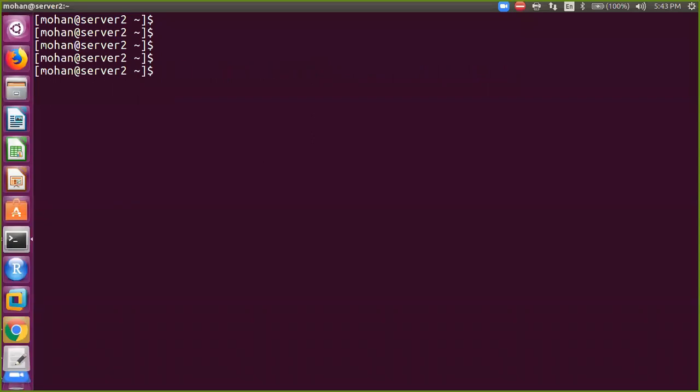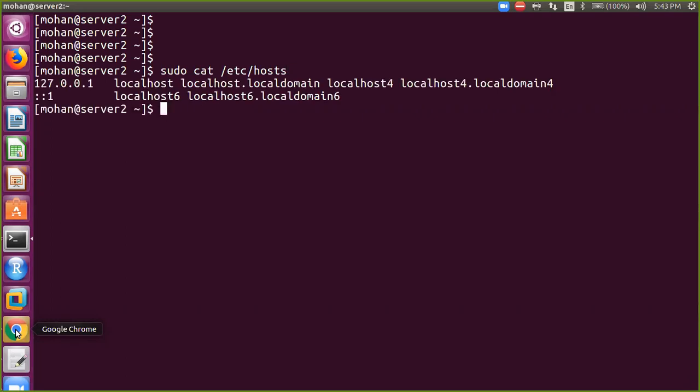If you want to connect like that, first you need to check this file, right? /etc/host file. On server 2, do you guys remember that one? If you want to connect from server 2 to server 1 with host name, you need to have an entry in /etc/host file, right? You need to have the server 1's IP address and host name.